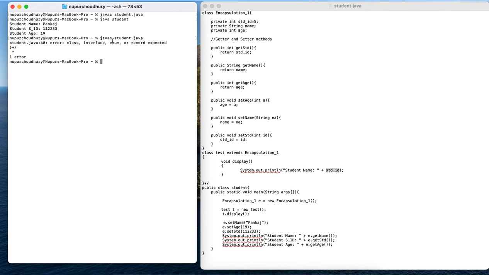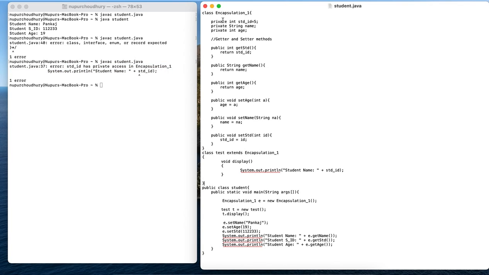When I am compiling this, it is shown that studentID has private access in Encapsulation1, so hence student ID cannot be printed. Now if I remove private from here, what is the error?